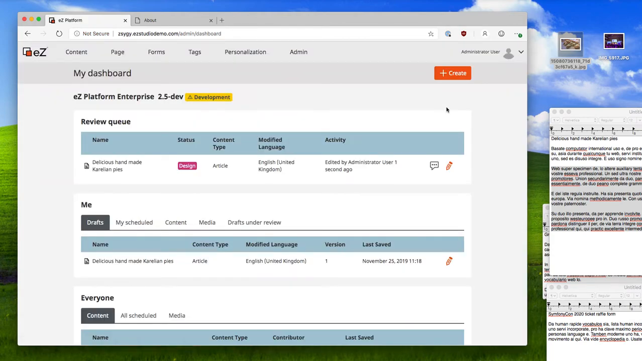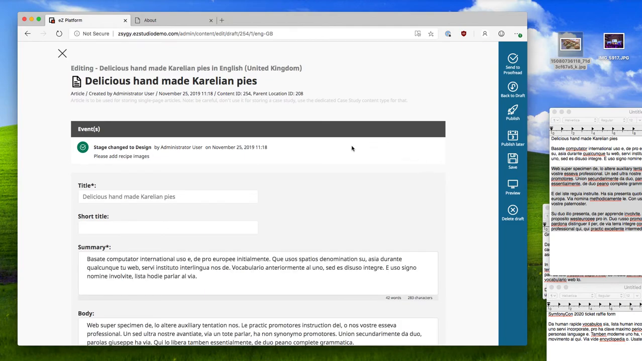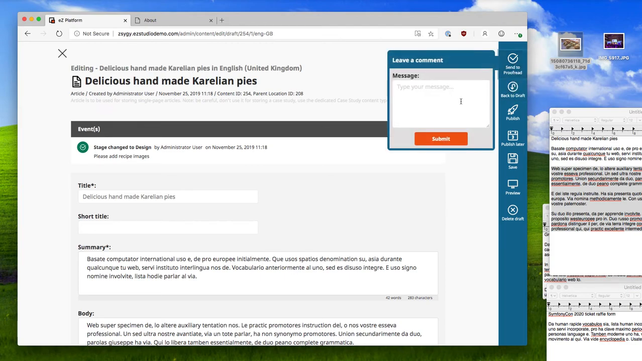And once I submit this, on the dashboard, the review queue here now shows additional items. It shows that this item is now in design state. It's an article, and there's some additional metadata. And if I go in to edit this one, then based on the configured workflow, I could either send this to proofread, back to draft, and so on. If I send this to proofread,